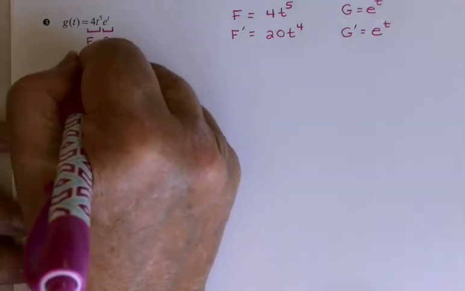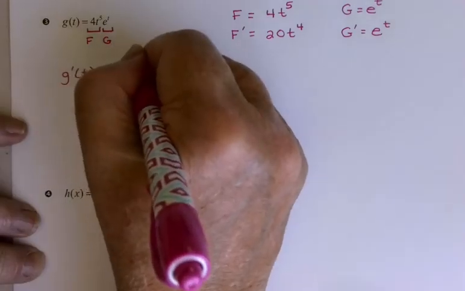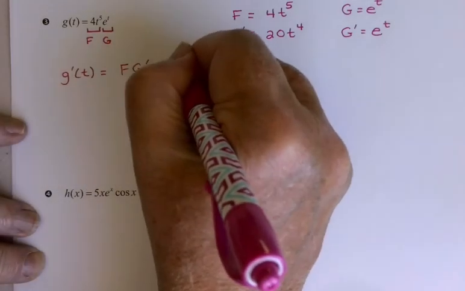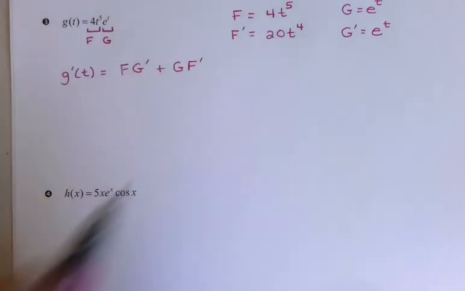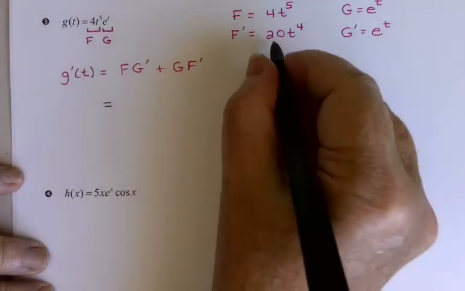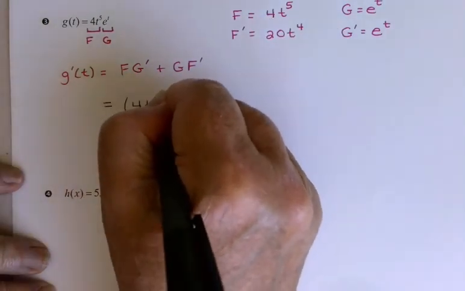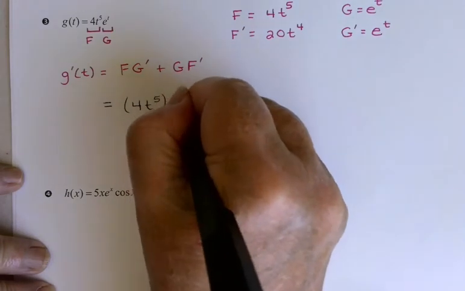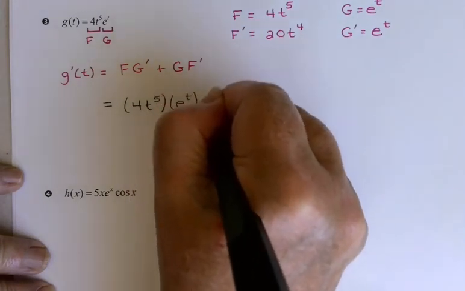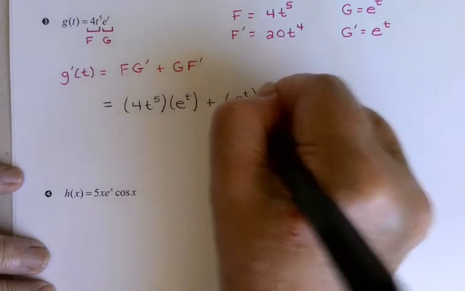So g prime of t, little g prime of t, is going to be F G prime plus G F prime. So F, 4t to the 5th, times G prime, which is e to the t, plus G, which is our e to the t, times F prime,